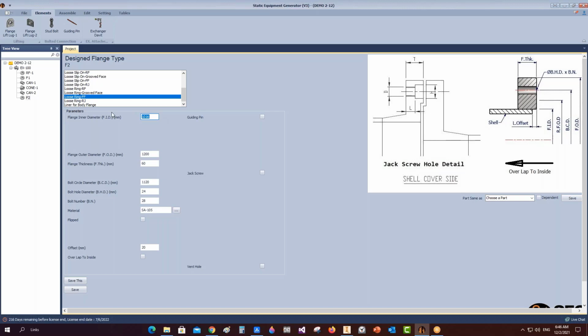So from here, that's the inside diameter, the flange outside diameter, flange thickness, the bolt circle diameter, bolt diameter, or the hole diameter of the bolt, number of bolts, and from here we will make it offset with 2 millimeters and select the overlap option, and from here let's add